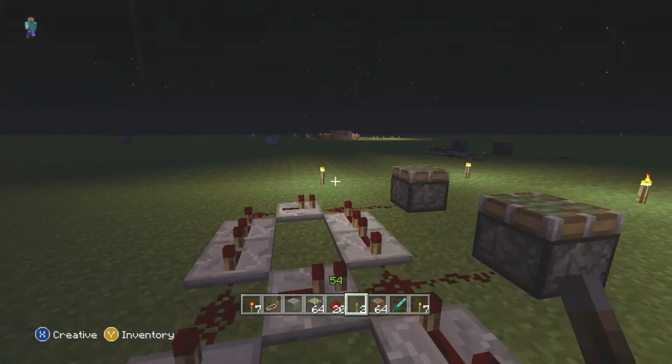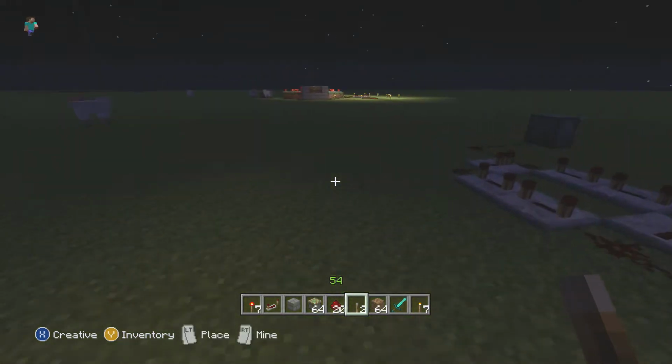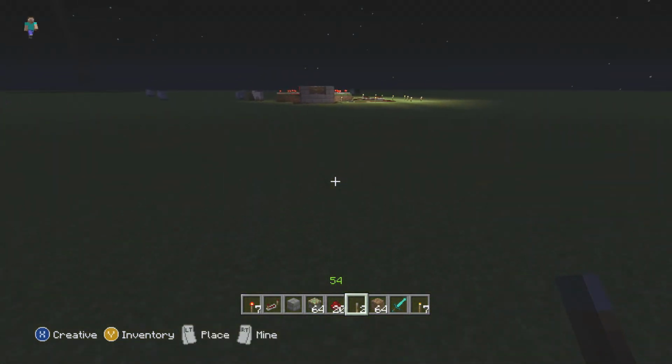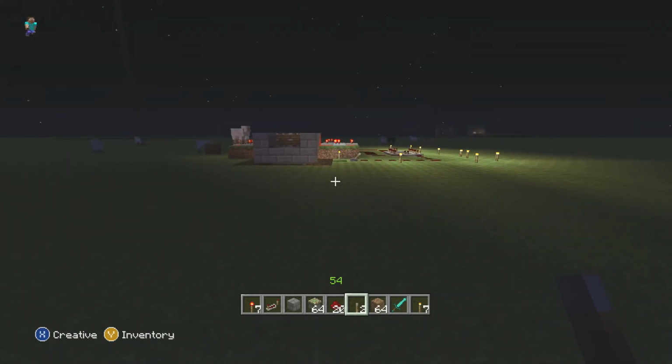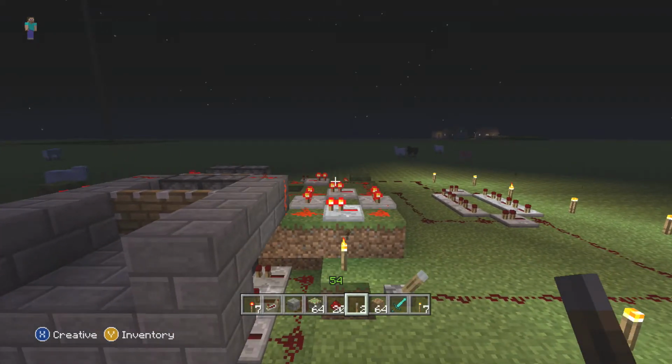And this kind of design is really useful. I originally started trying to figure out how to do this when I was trying to build a loot pusher for an XP farm that I have, but I wanted the ground to kind of come down. So I built this big,